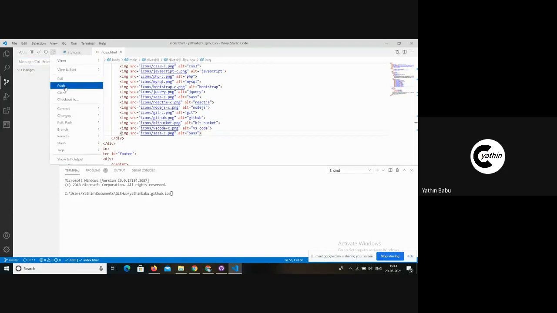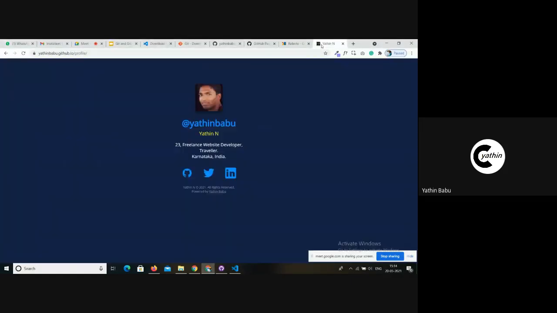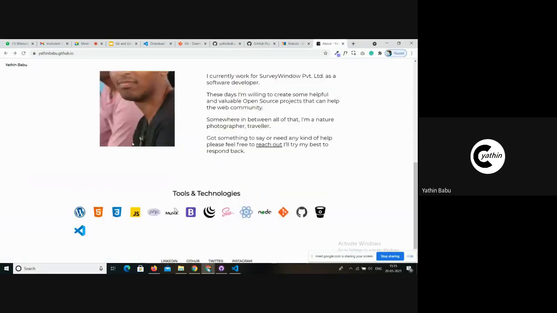Now I will be able to push these changes from the local repository to the remote repository. It's been done. Let's see the way we can check whether the changes have been made or not.